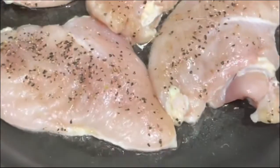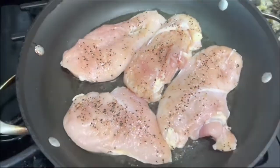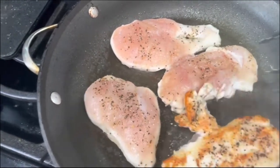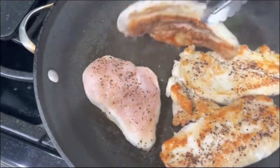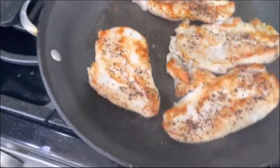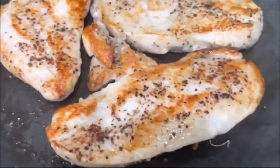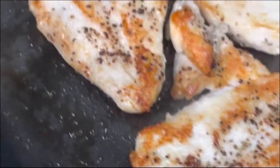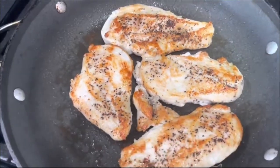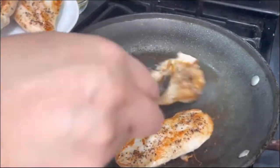We want to make sure that we cook it for about 2 to 3 minutes on each side until it is golden brown. When you see the edges of the chicken getting nice and white, that's when it's ready to flip them. Remember, leave it on each side for about 2 to 3 minutes. Once your chicken is nice and golden brown from both sides, we are going to go ahead and remove them. We are going to put them on a plate, and then we are ready to start making